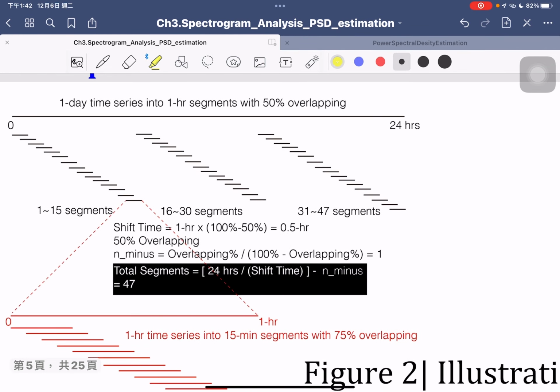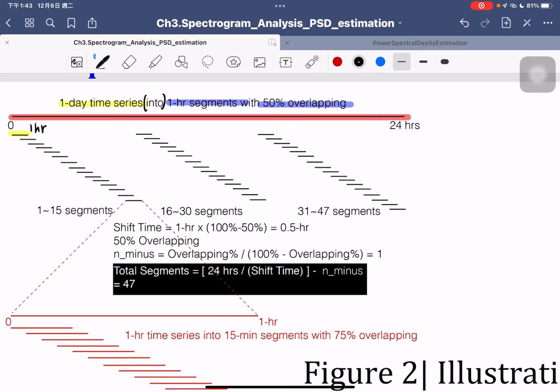And for each data, initially it is from the 1 day time series. Okay, I have the 1 day time series, and I will do some cutting. I will cut the data into 1 hour segments, and the 1 hour segments with 50% overlappings. That indicates here is the 1 hour signal, and here is the 1 day signal length. And I cut the 1 hour data, and this is our